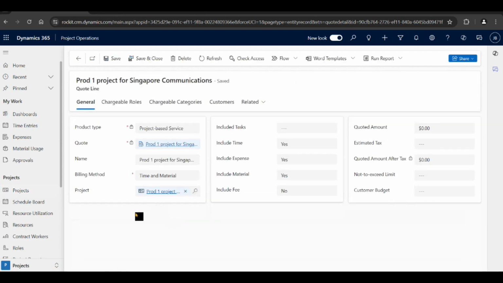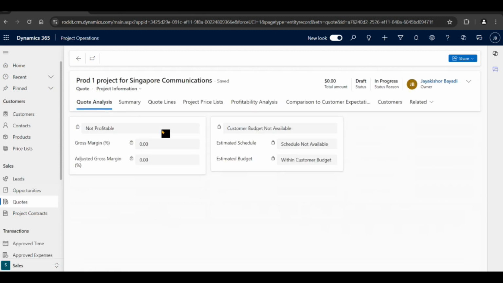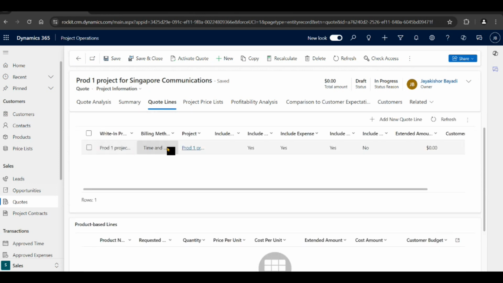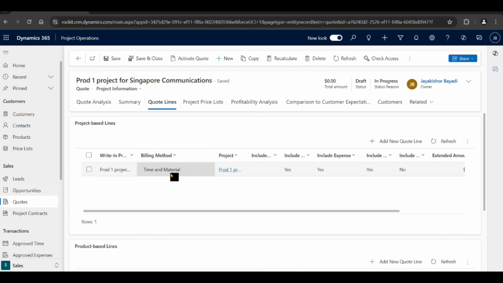Okay, so we will just click on this quote. See, this is one of the quote lines for the main quote. Okay, so this is the project, and this is the original main quote, and what you are seeing right now is the quote line for this quote. So let's go to the main quote here. Okay, and if you see, these are the quote lines. Now this is for time and material, as I mentioned earlier,